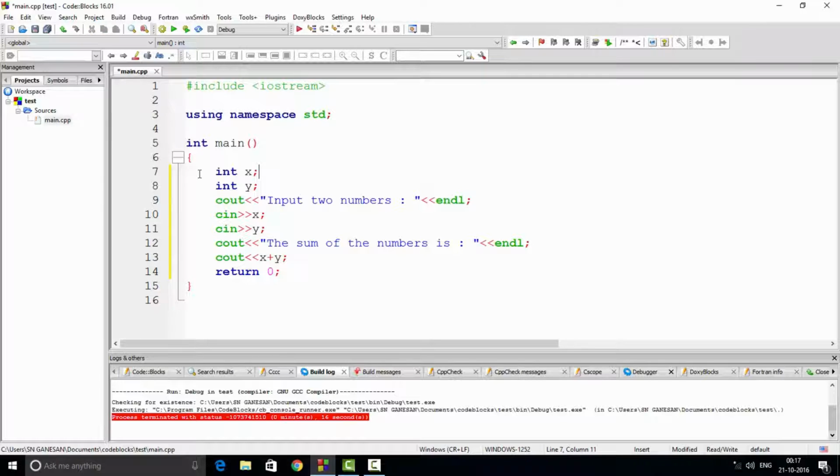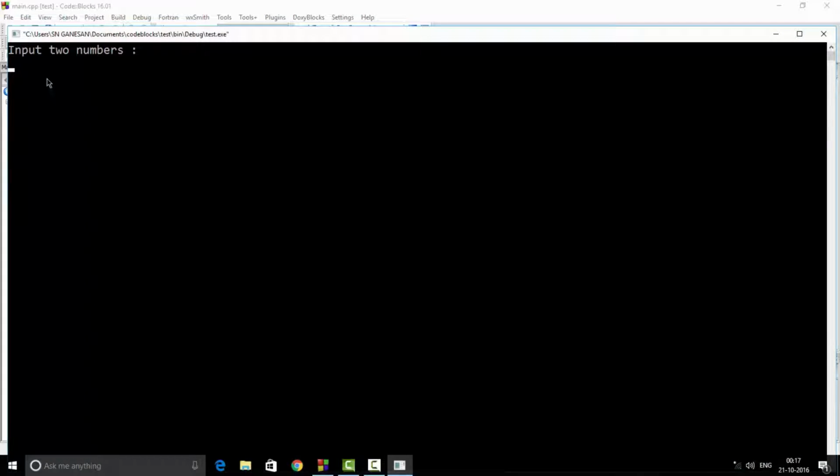The next line is int x. So we have easily initialized a variable called x and just terminated it with a semicolon. Same with y. And then we have used the cout feature to tell the user that you have to input two numbers. Then we took two numbers inside and then we gave an output that the sum of the numbers is x plus y. So this code is perfect, and if I build it,